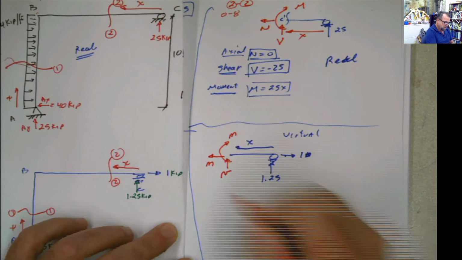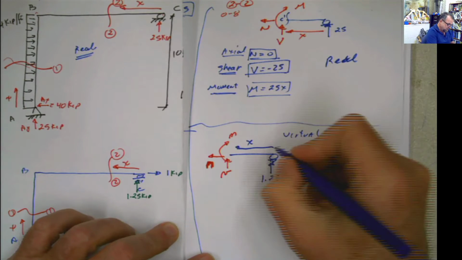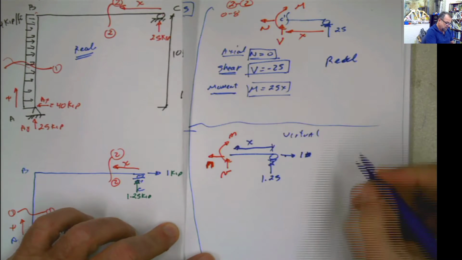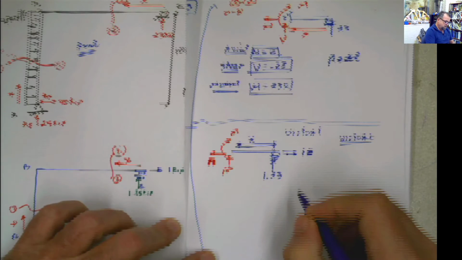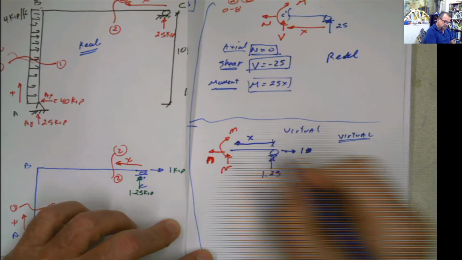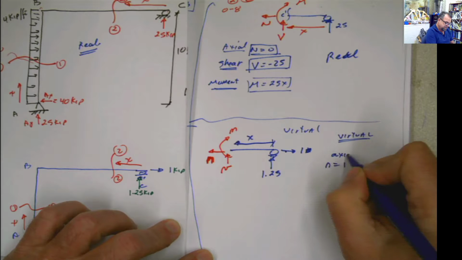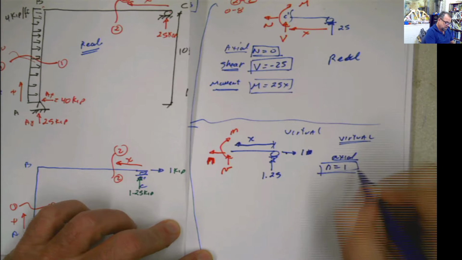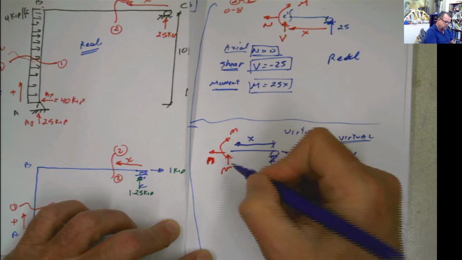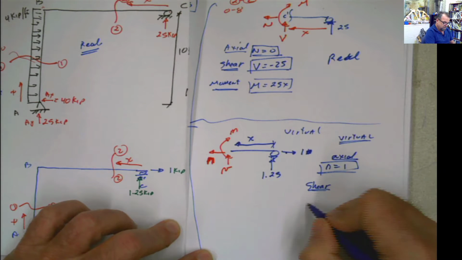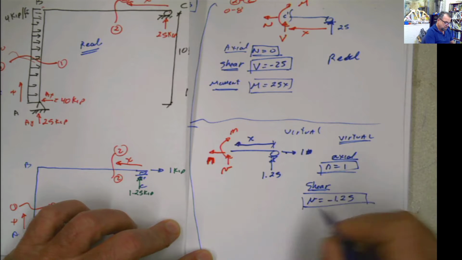That sounds like location. Well, here is convention. And this is the virtual part. Same thing, summation of forces in x, n equals 1, axial. Shear, summation of forces in y, v plus 1.25 equals 0, v equals negative 1.25. Moment,